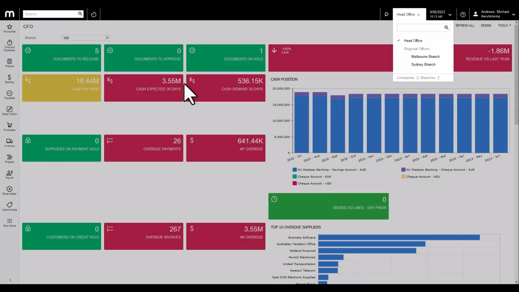As we move on to the next core workflow within MYOB Advanced Business Management Platform, we're focusing our attention on finance. MYOB Advanced offers a single tenant, multi-company, multi-branch environment. This means that we can hold multiple legal entities in a single tenant. This is demonstrated in the screen at the moment, where we can see two companies and one of those companies